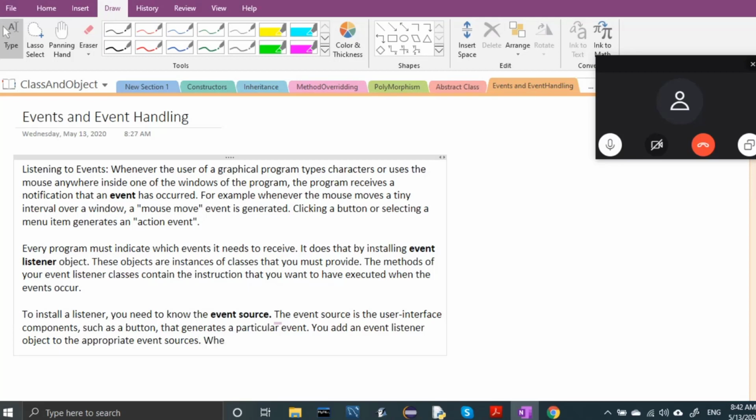Whenever the event occurs, the event source calls the appropriate methods of all attached event listeners.